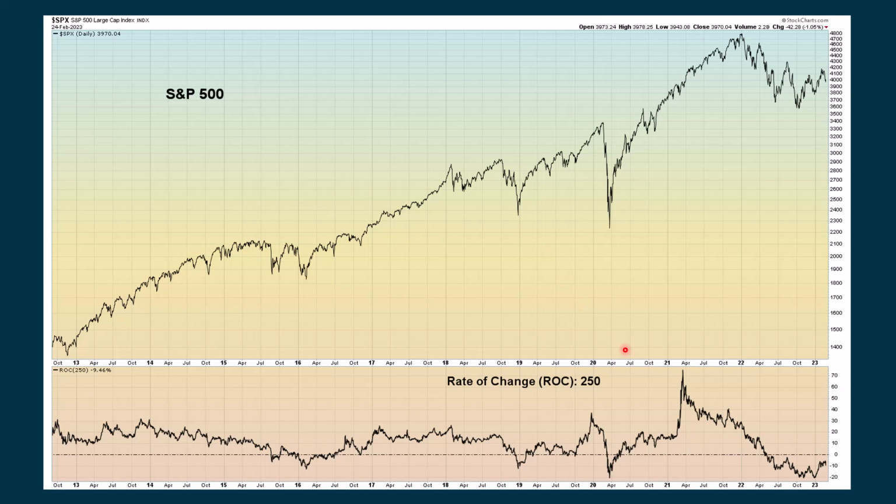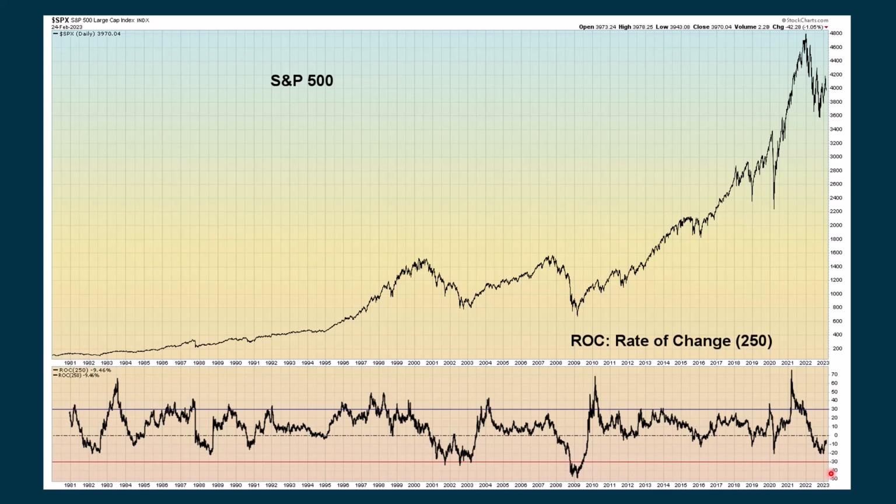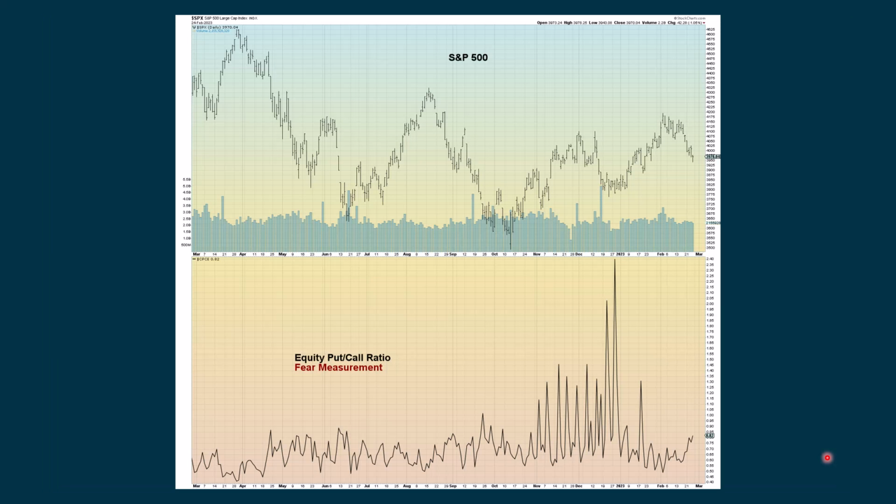Some rate of change charts going back 250 periods after hitting a low. We have been bouncing back up. Can we keep going up? And here's an even longer term chart going back to 1980 where we are trying to bounce back up and recover. Some of our scenarios,